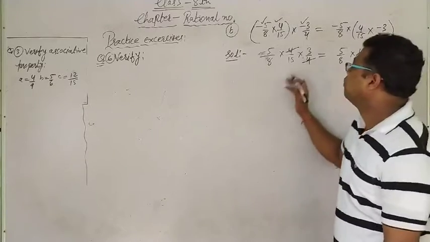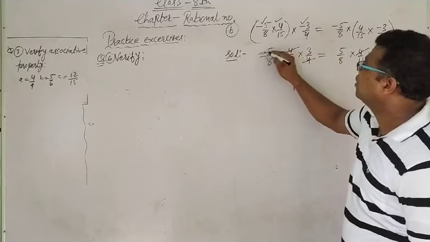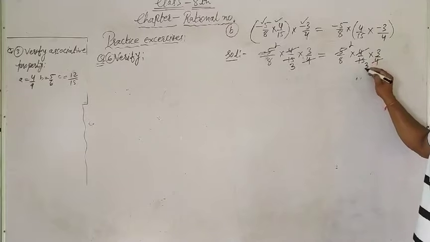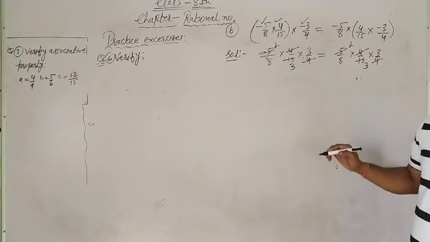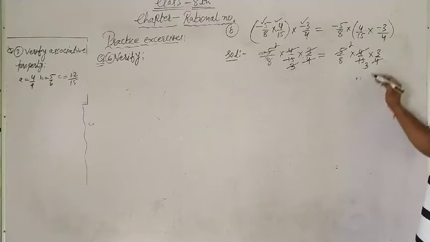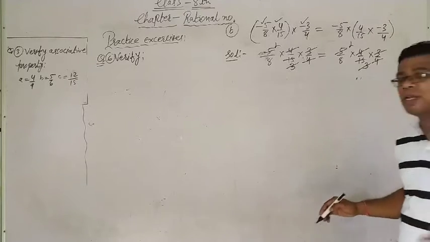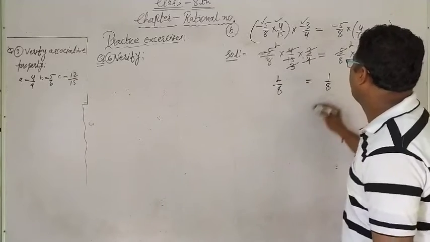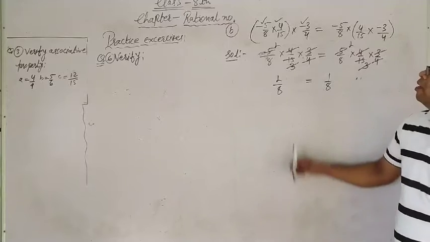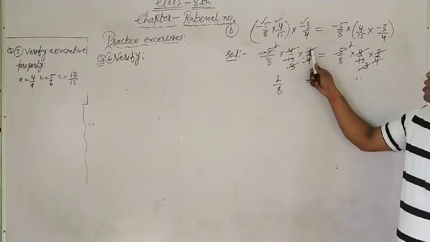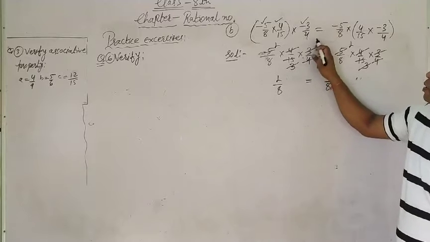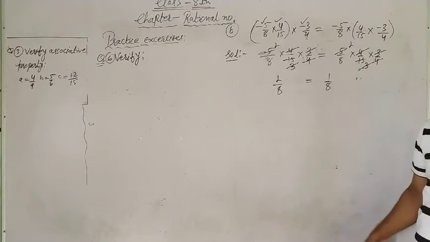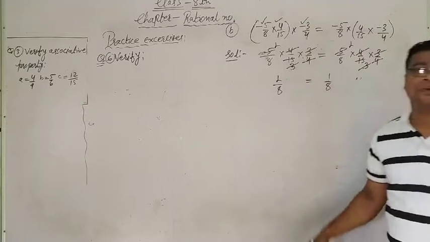Look, 4 and 4 cancel, 5 1 ja 5, 5 3 ja 15, 5 1 ja 5, 5 3 ja 15. Right now this 3 cancel, 3 cancel. What are the things remaining here? 1 upon 8. Only 1 upon 8. See here again, 4 cancel, 5 1 ja 5, 5 3 ja 15, same is there, and after that 3 and 3 are going to be cancelled.